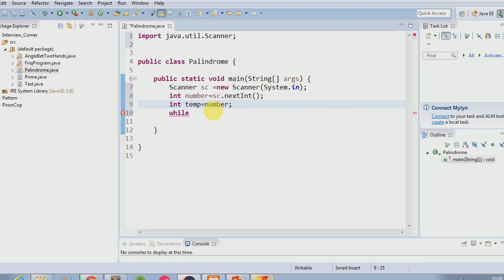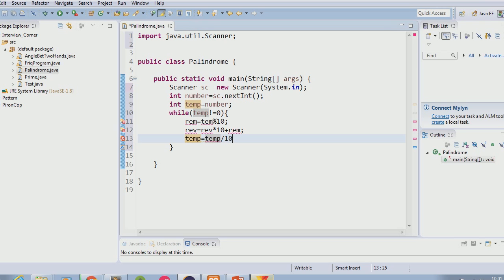Now while temp is not equal to 0, remainder is equal to temp modulus 10, reverse is equal to reverse multiplied by 10 plus remainder, temp is equal to temp divided by 10.